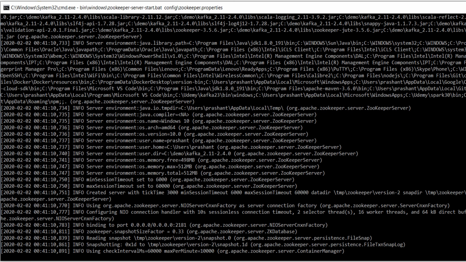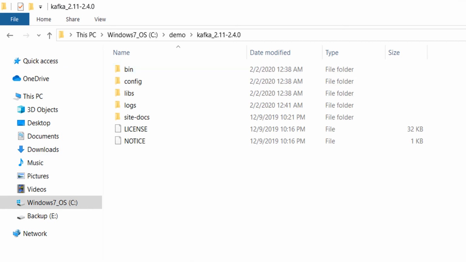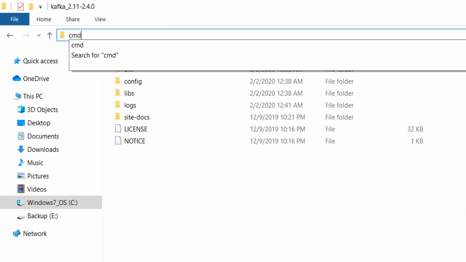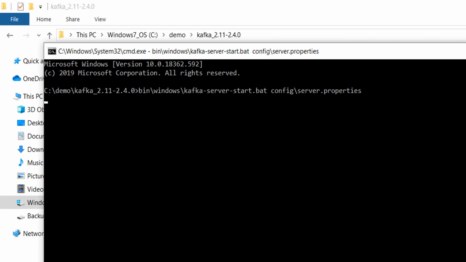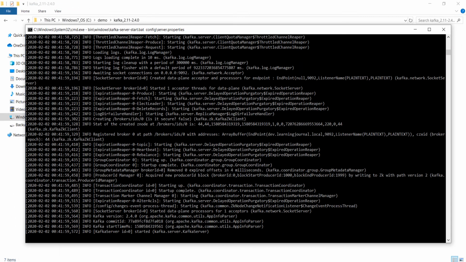Great, it is running now and listening to port 2181. That's the default Zookeeper port. Let me start a new command window and run the Kafka broker. So here is the command. This one also remains the same except the broker configuration file location. Let me change it. Good. Hit the enter key and it should start the Kafka broker.